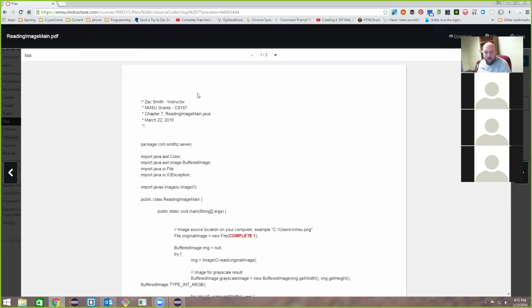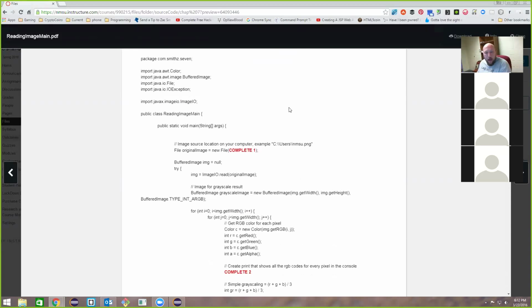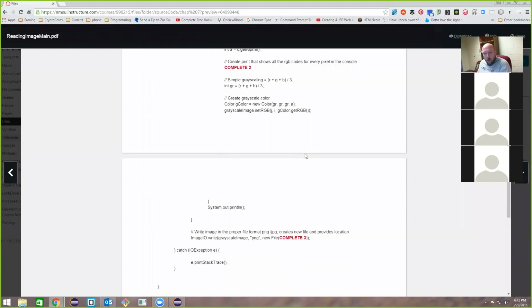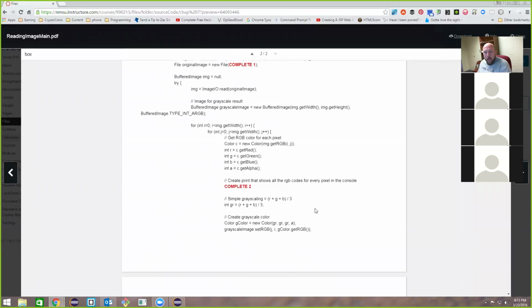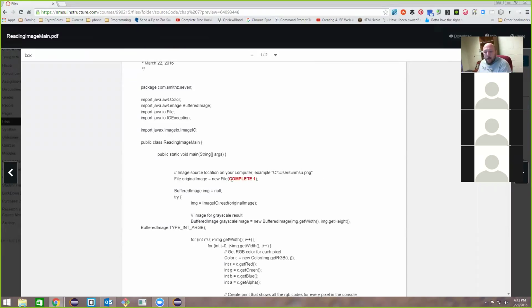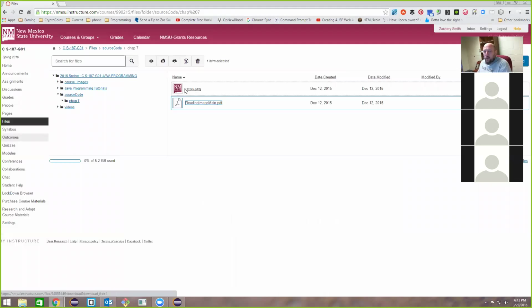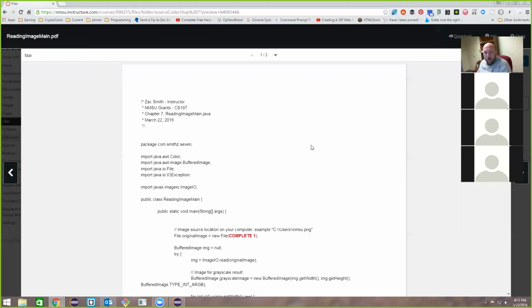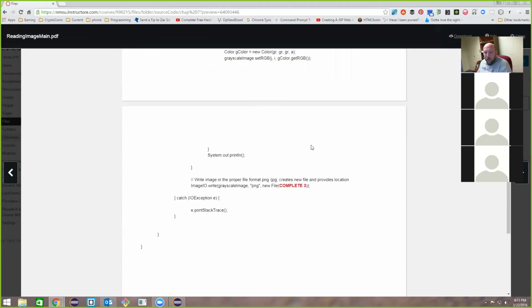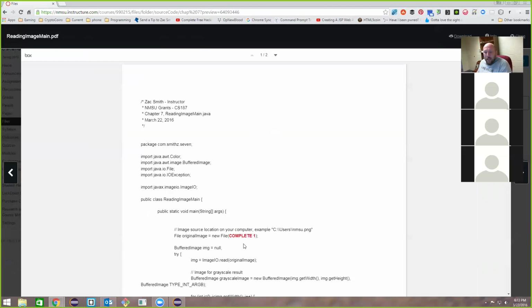required for the assignment. Obviously, you need to change this. And if you notice, the code is here with 3 complete numbers: complete here, complete here, and complete here. This is what you will be incorporating or adding into the program to make it work using the file right here, this NMSU PNG. So download both of these. You will be required to hand code this. I did make it a PDF file so that you do have to do it manually, and then complete those